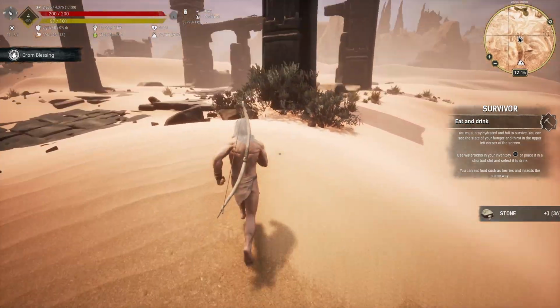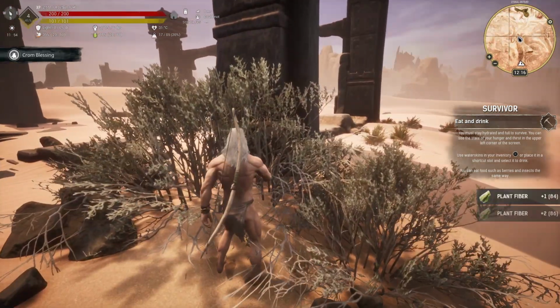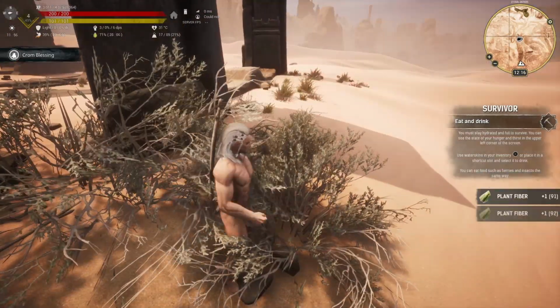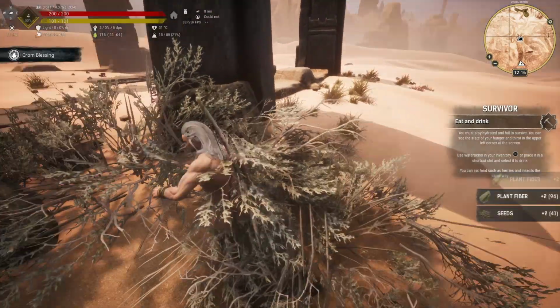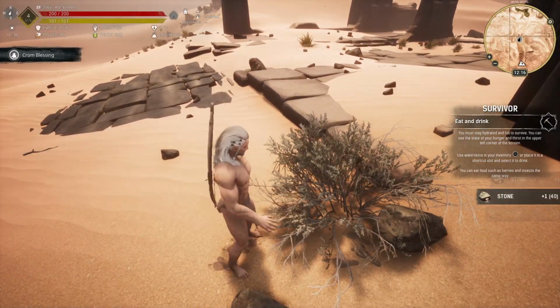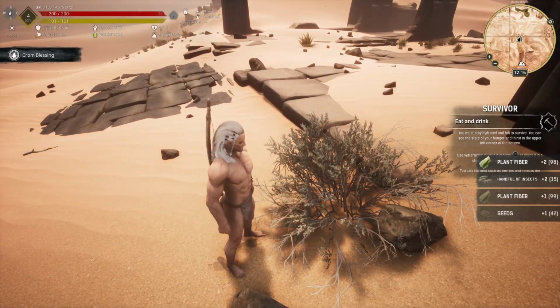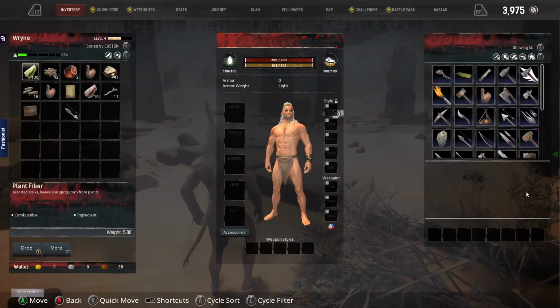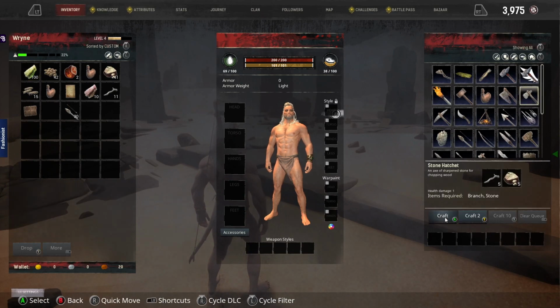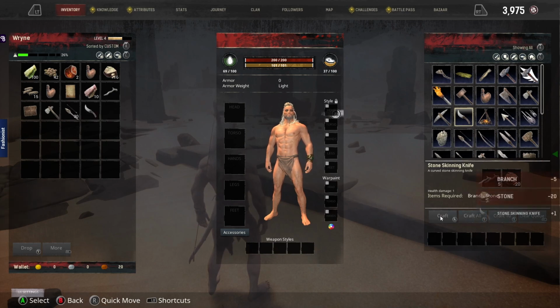Anyway, so ideally, you'll gather enough material here, you can make yourself a suit of rough clothes. I'm not going to do that because I don't really care. And they don't really provide enough armor to really be worth it. Now, what is worth it is building things like the stone hatchet, because you need that to cut down trees. Skinning knife, you'll need that whenever you kill something so you can get the hide to be able to actively